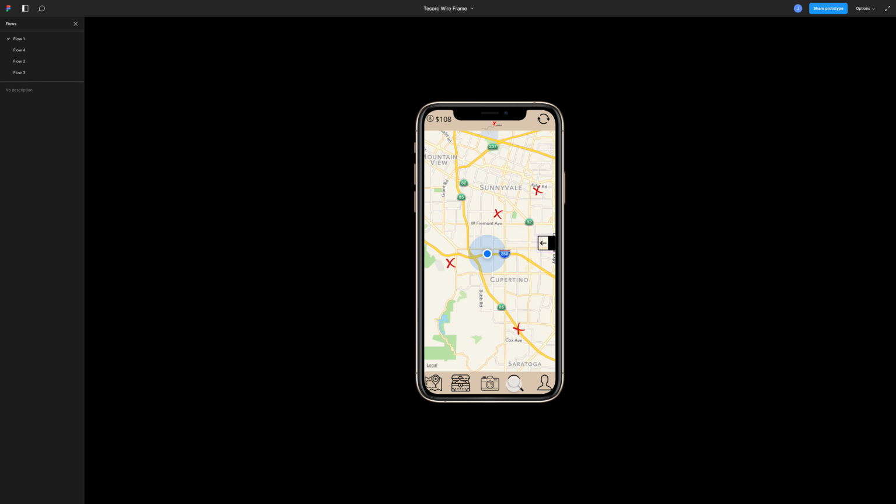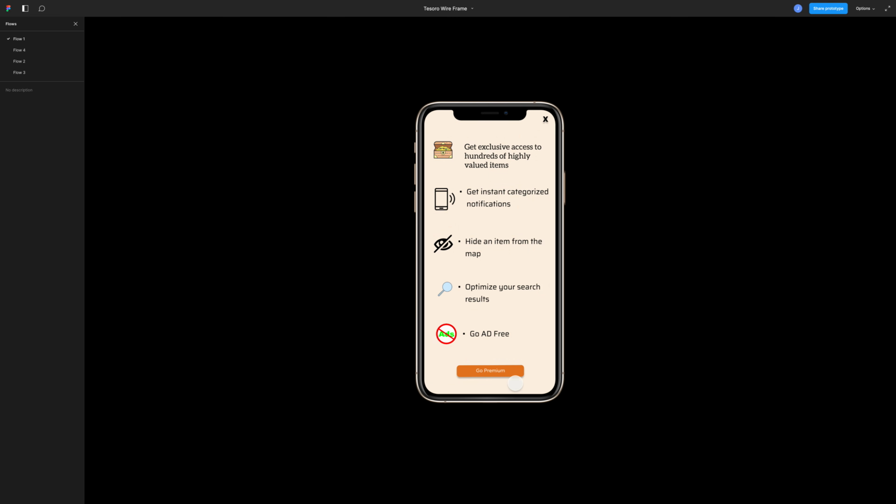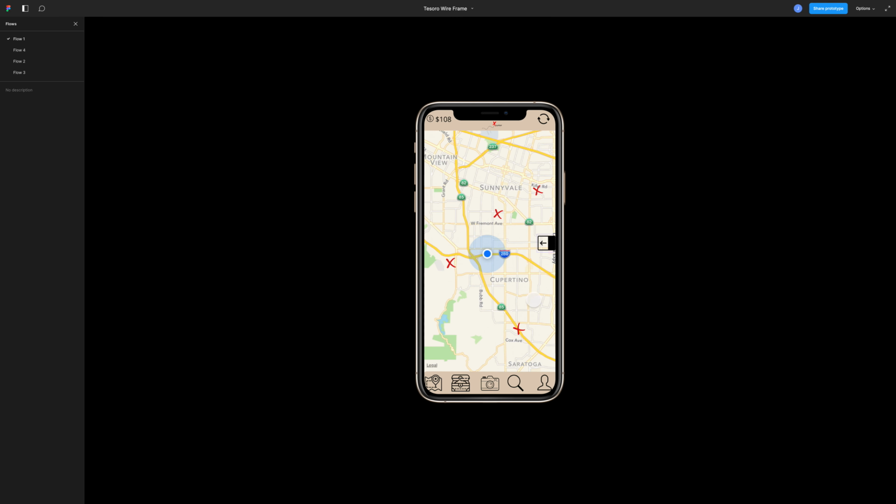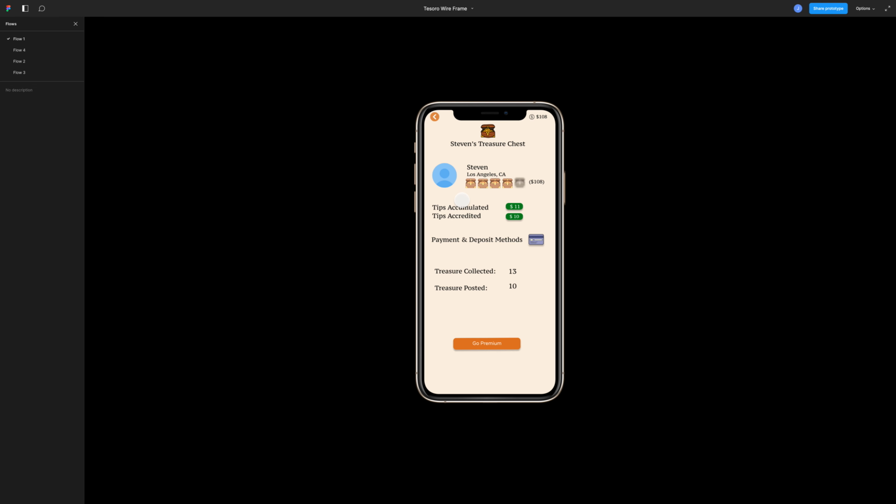Then here we have, this is a premium version, which is a search button, which will allow us to get filtered notifications and get optimized search options to see specific items that we're looking for. Then we have our treasure chest. This will tell us the rating of the quality of the items we